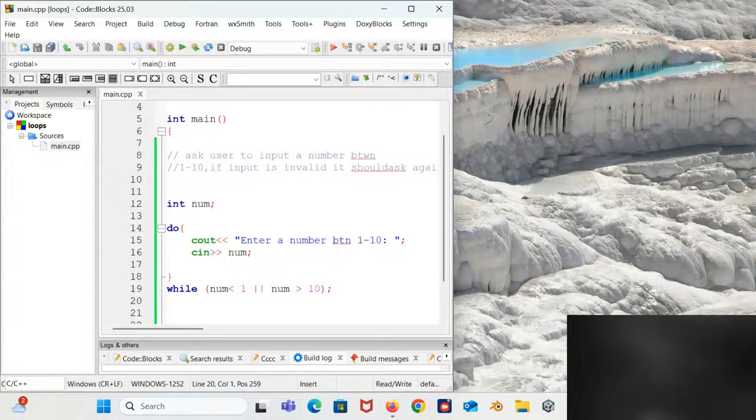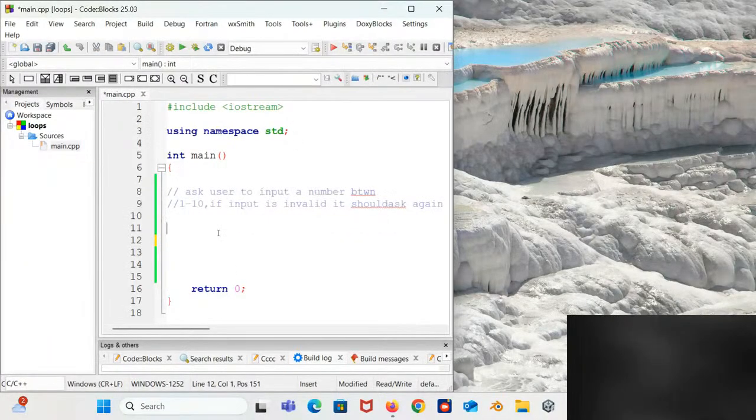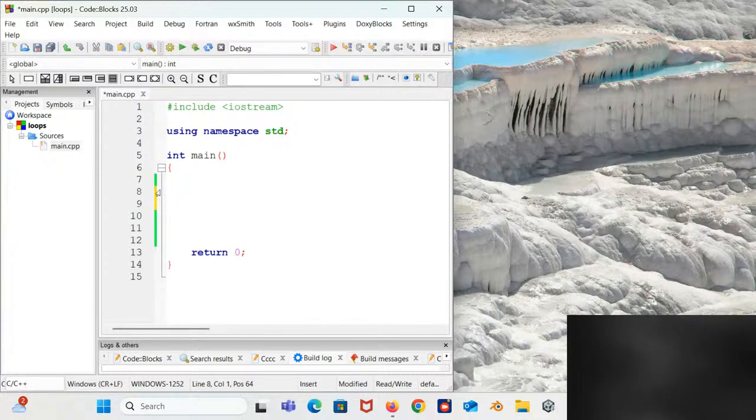The thing with the for loop is that we mostly tend to use it when we know the number of times that we want our program to run. So it is advisable that if you know how many times you want your program to run, use the for loop instead of the while loop.